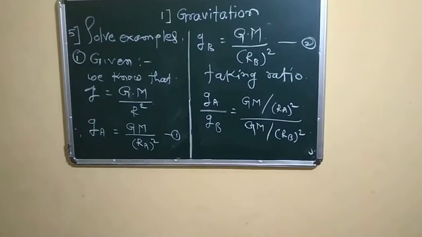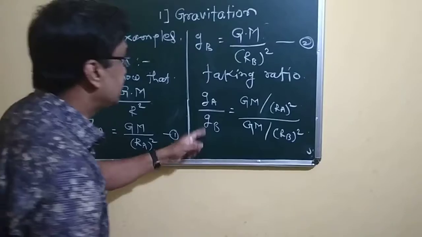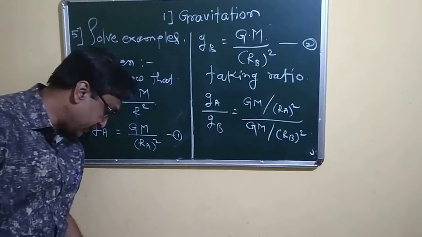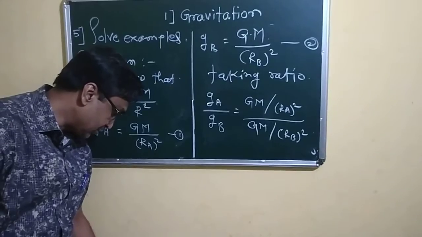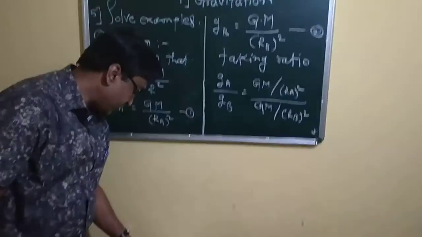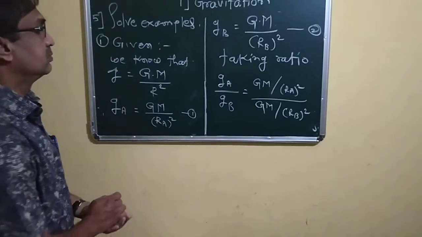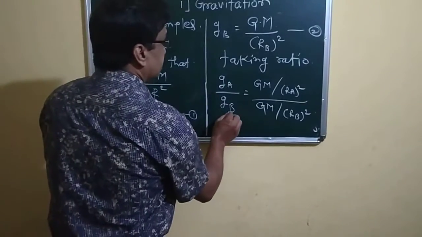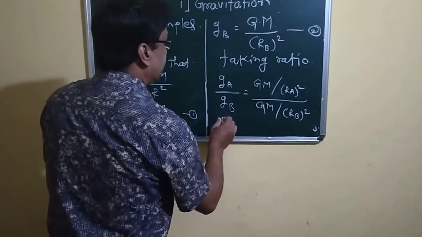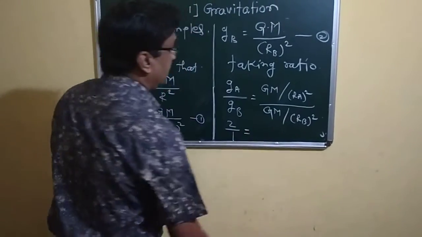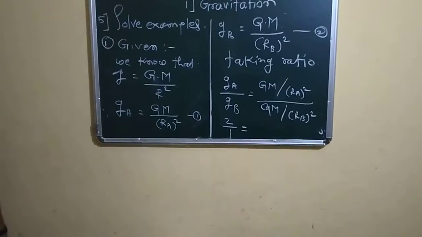We are given this ratio. What must be the mass of B so that the value of GB is half that of GA, that is, 2 upon 1? So 2 upon 1 is equal to